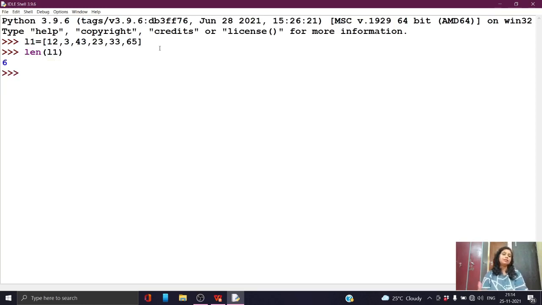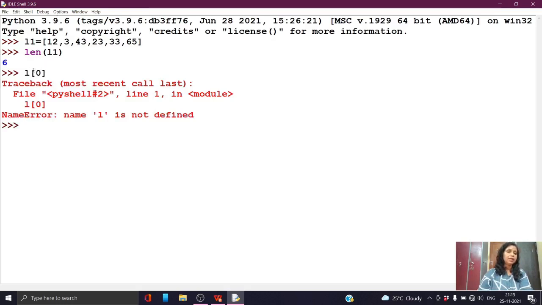Let us use the forward indexing concept. As we know, forward indexing starts from 0 to length -1. So at index number 0, 12 is there, is it not? At index 1, 3 is there, at index 2, 43 is there, at index 3, 23 is there, at index 4, 33 is there, and at index 5, 65 is there. So let us access the elements, that is L1 of 0. Sorry, L is not there.